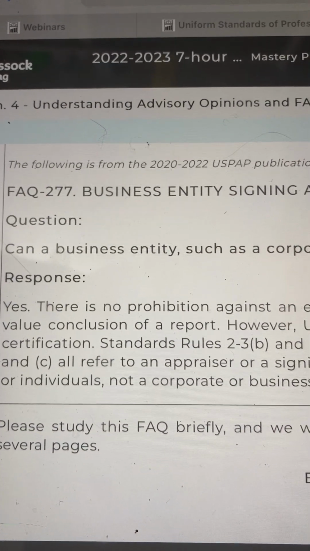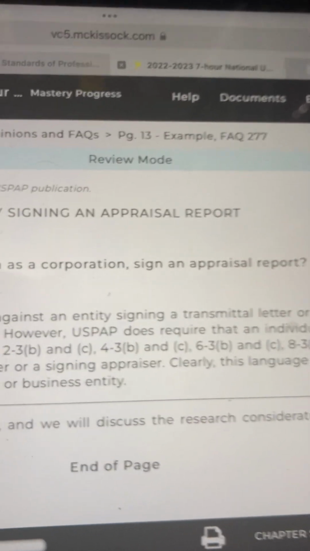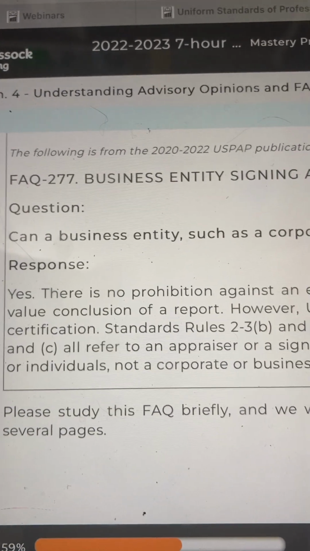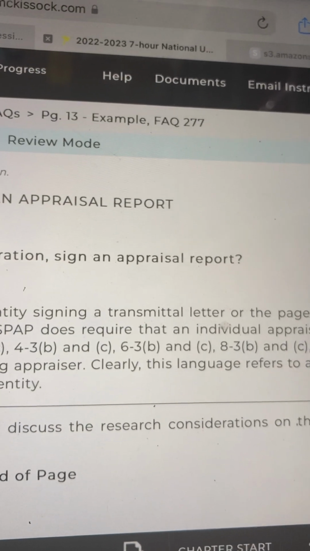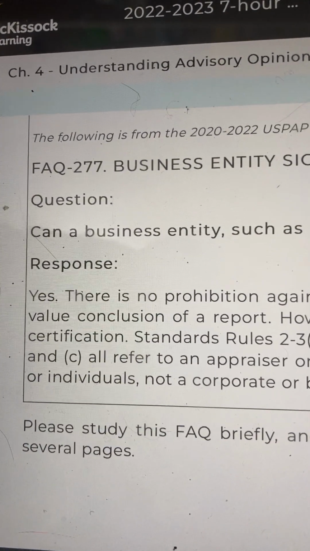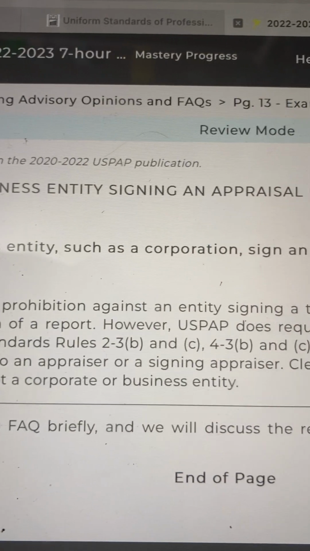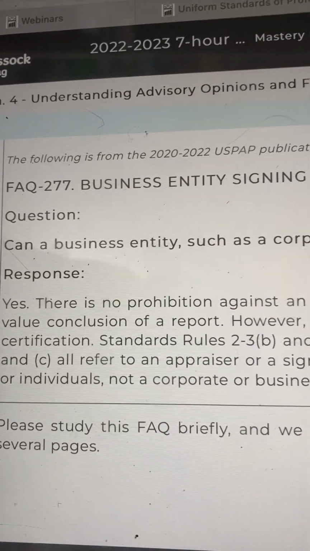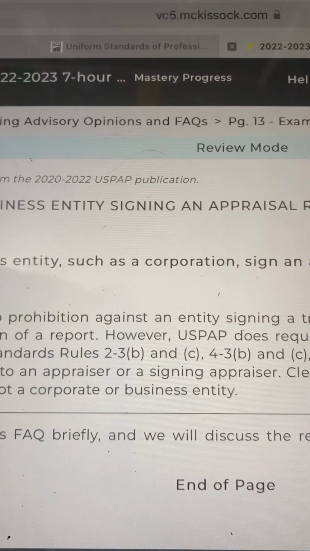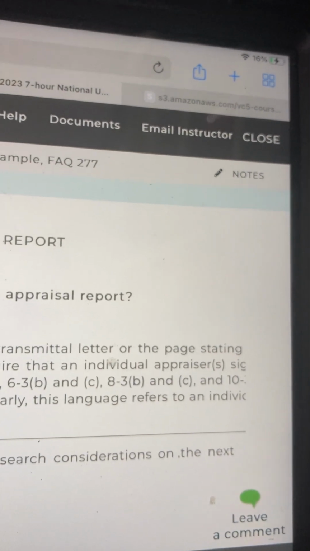FAQ 277. Business entity signing an appraisal report. Question: can a business entity, such as a corporation, sign an appraisal report? Response: yes. There is no prohibition against an entity signing a transmittal letter on the page stating value conclusion of a report. However, USPAP does require that an individual appraiser